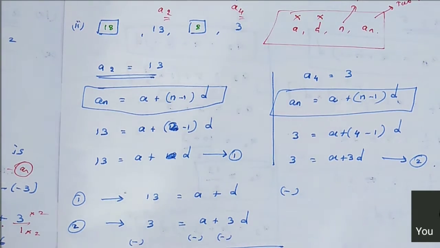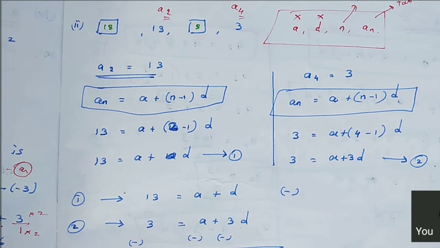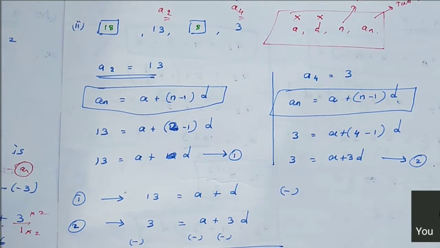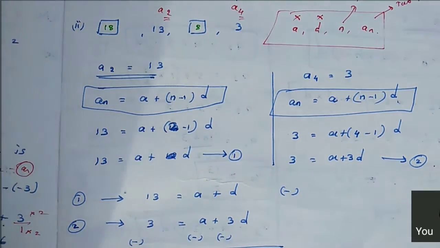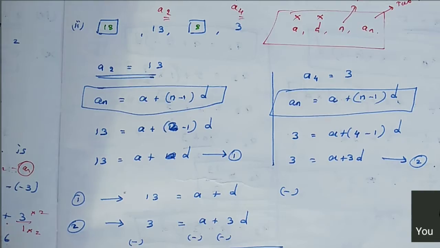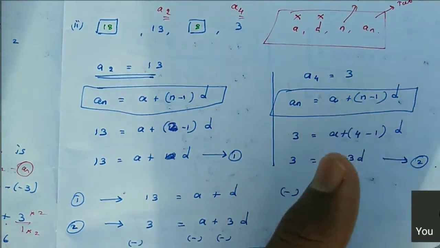Very good, very good. Very good, Kritika. You're a brilliant baby. Yes, the same problem. Third term is 5 and seventh term is 9, they gave, right? So what are you supposed to do? Very good, very easy.